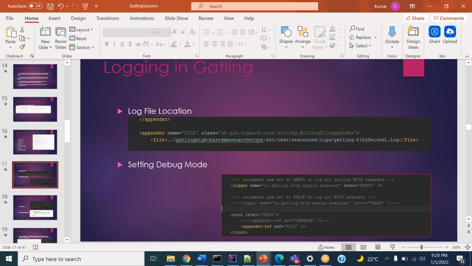How to turn on the trace? When you have a log file, open the log file and go to the root level. There will be the logger name, and we have the root level equal to debug. We can change it to trace. Then we will be getting all the logs, and it will be helpful in debugging, inputting the correlations and